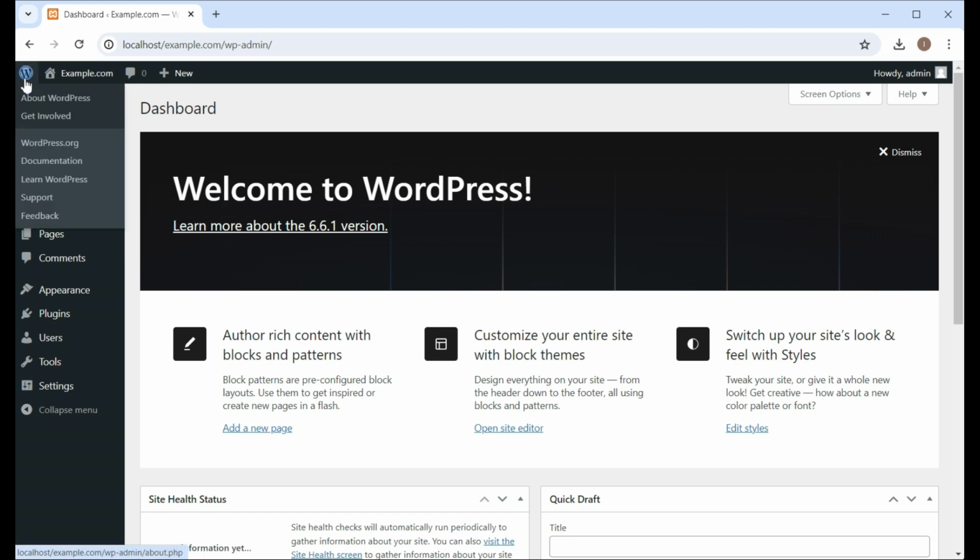Here in the admin bar there is a W. It is the logo of WordPress. From here you have got access to some documentation and other pages on wordpress.org. If you go over to the little house next to the logo and the name of your site, then you have got a link to visit your site. And if you click on that link, you will be taken to the front end.